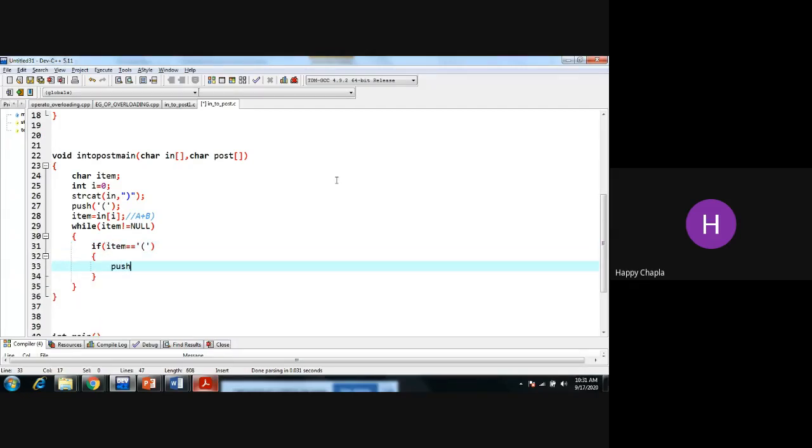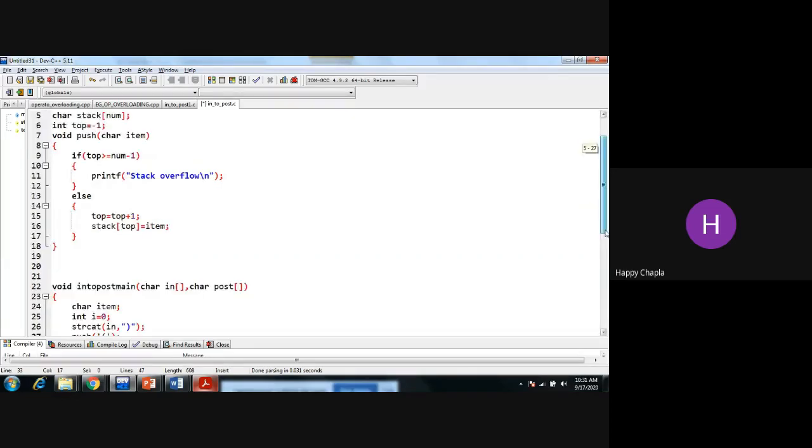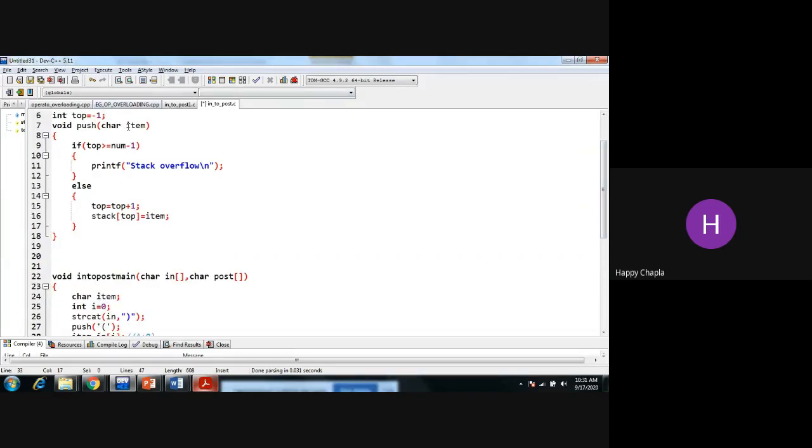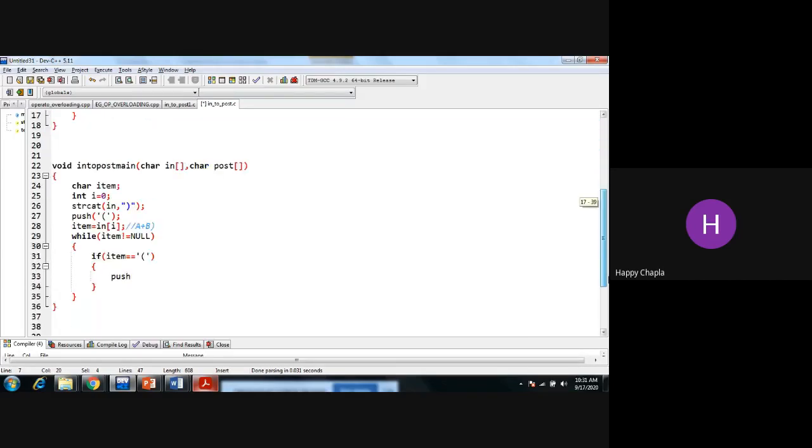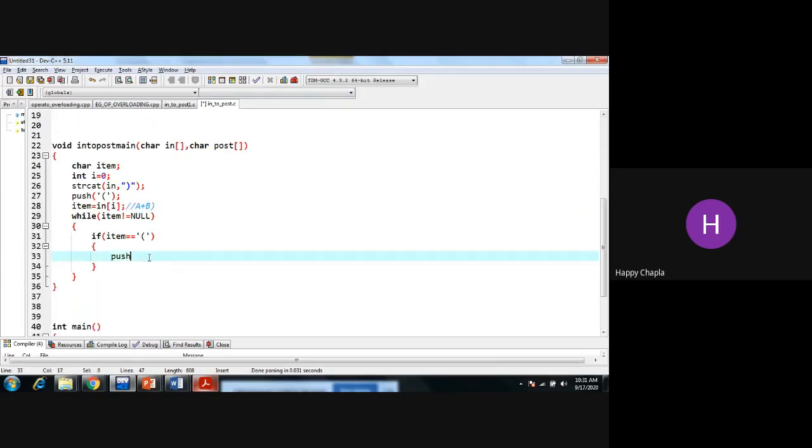इसमें आई एम कॉलिंग द पुश फंक्शन. Push can take one argument at the time of function calling. So I am giving that starting bracket, but I cannot write something like this, because every time it may be a plus, it may be minus. So I'm giving the item itself. जो भी वैल्यू मुझे यहाँ से मिल रही है वो आपको पुश आइटम स्टैक में इंसर्ट कर देना है. Now second case.